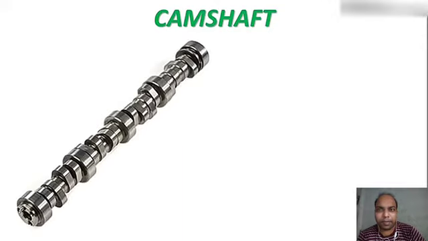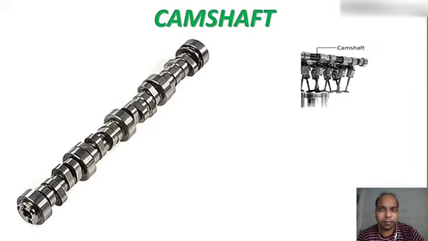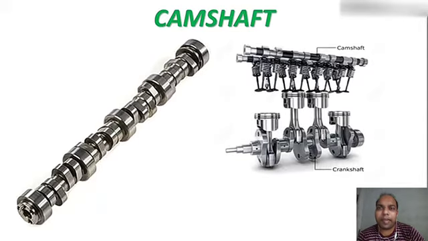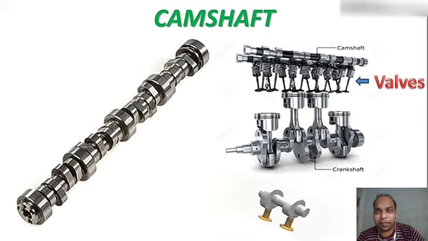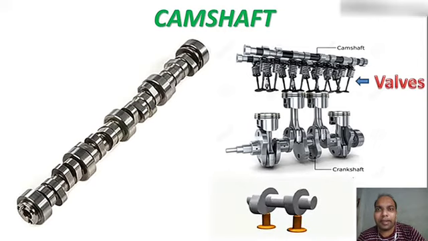We are moving to camshaft. You can see the position of the crankshaft. First the crankshaft, then the pistons, then onto that the camshaft. Now these are the poppet or rotating valves which take motion from the piston, and camshaft is generally made in this shape, elliptical, so that the poppet valve positioning up and down will be operated with the help of a cam follower system of the camshaft.